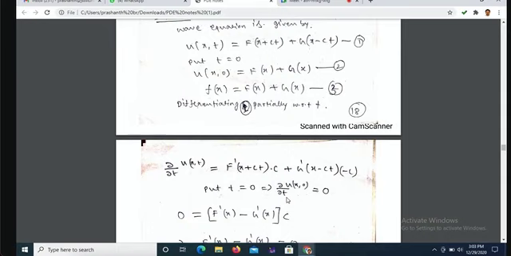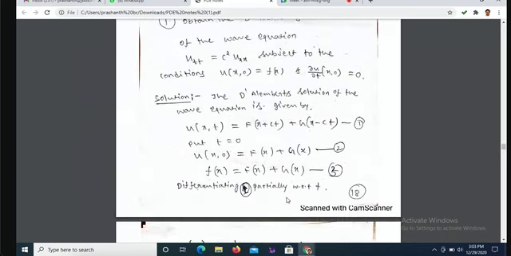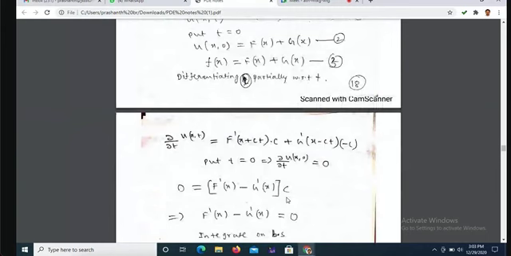Now put t equals 0, because we have the value of dou u by dou t at x comma 0. So that's the reason you keep t as 0. So dou by dou t of u of x comma 0, that value is 0; he has given it. See that? He has given it as 0, so on the left side you can keep 0. On the right side, what will happen if you substitute t as 0? So f dash of x minus g dash of x into c.